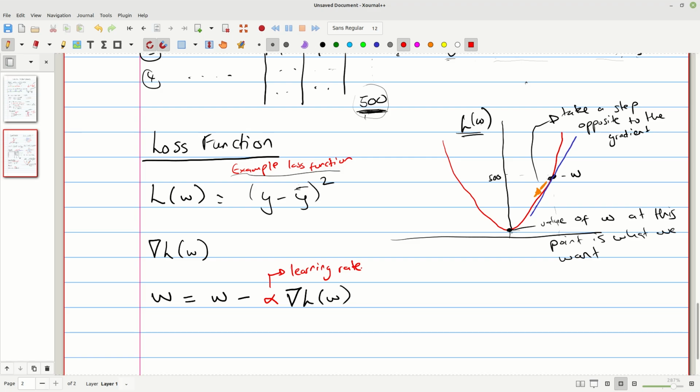The reason we do this is it's going to determine how big a step we take.